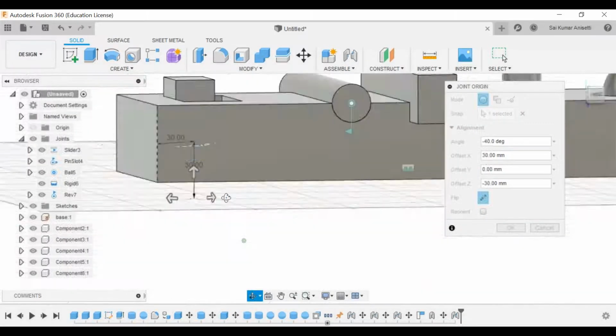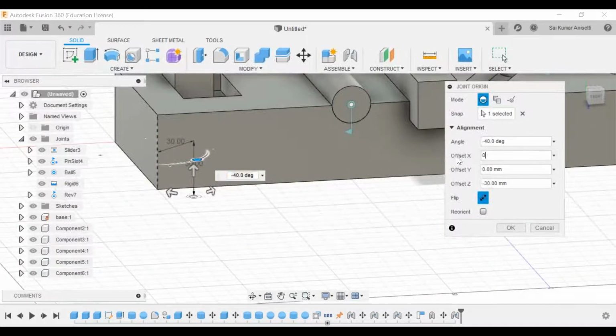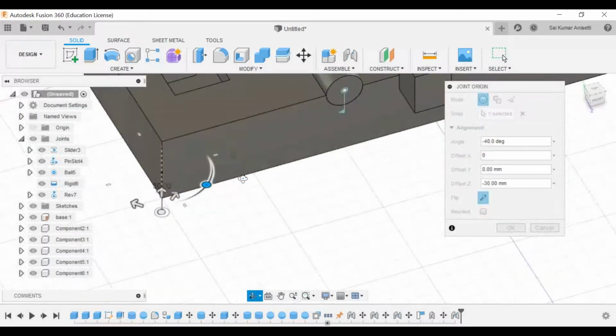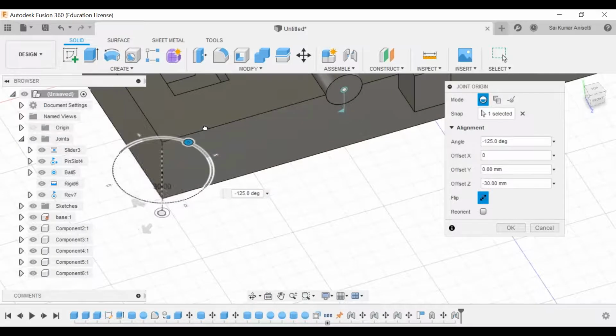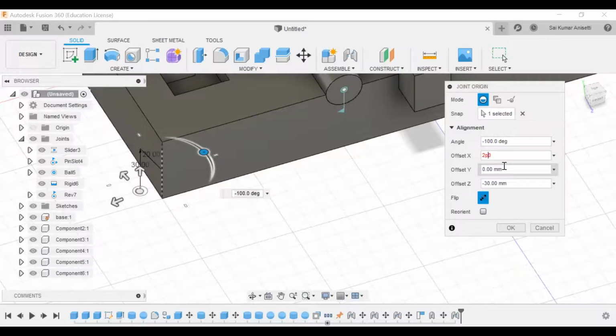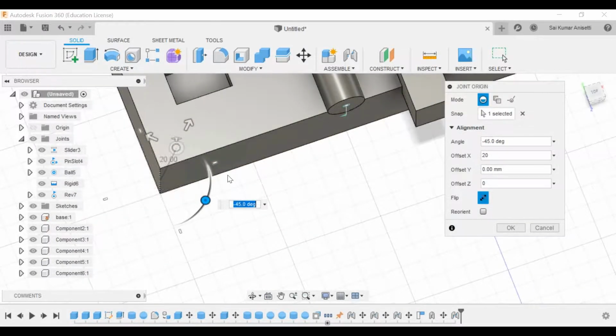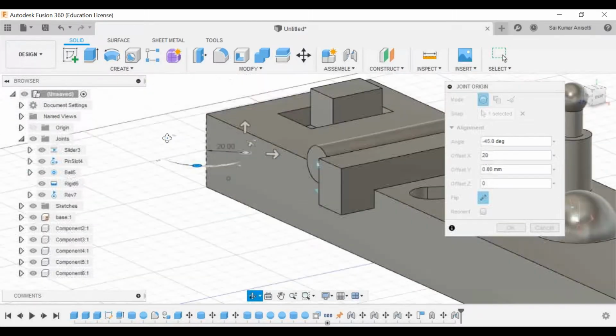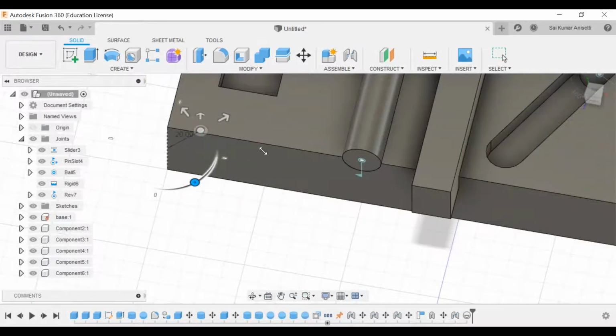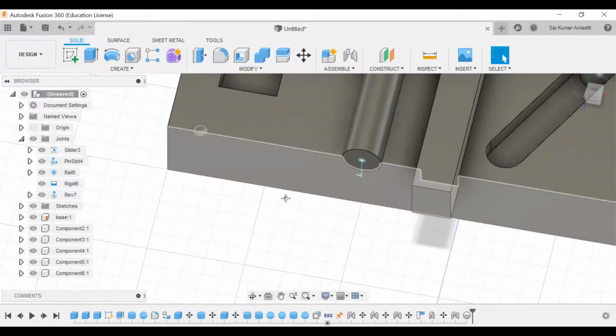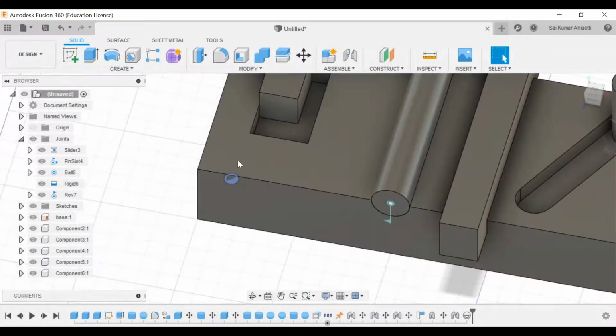Now it is inside the box. Now this 0, I'll make it as 0. Now I want to turn that with an offset of, let me give it as 20. Sorry, 20. Z offset as 0. Now I will need to revolve it somewhere else. This is my own custom point. Click OK. Now I have created a custom point.